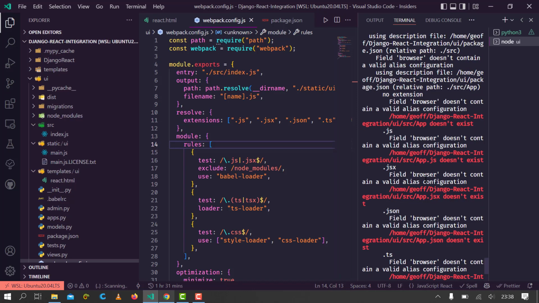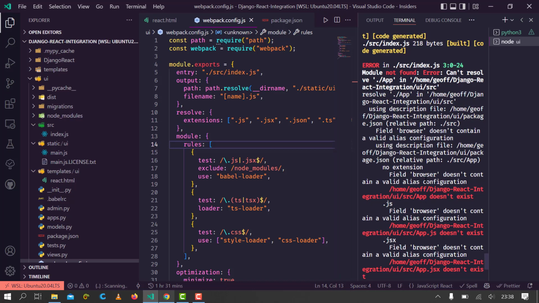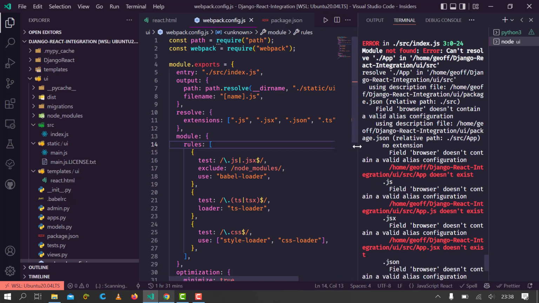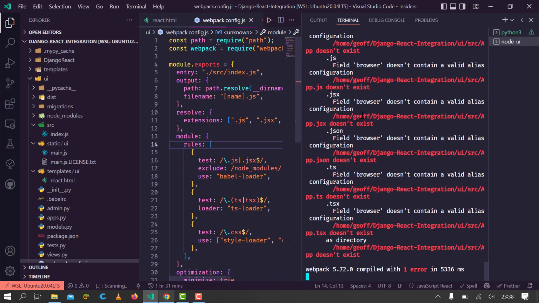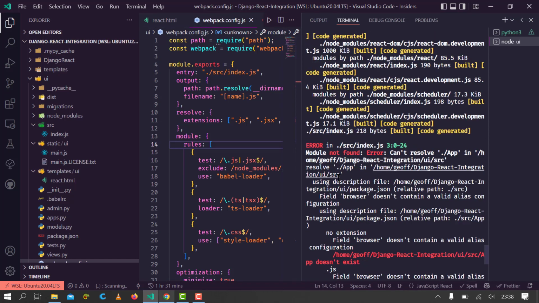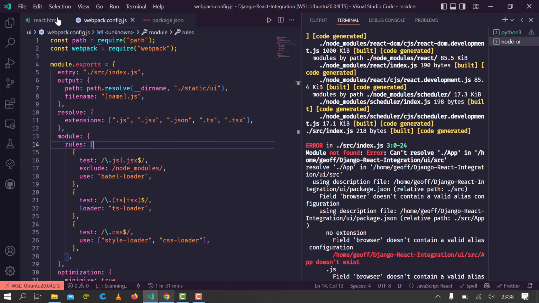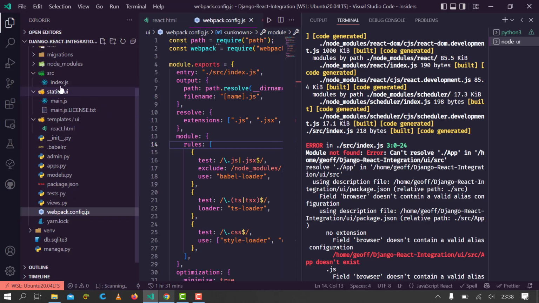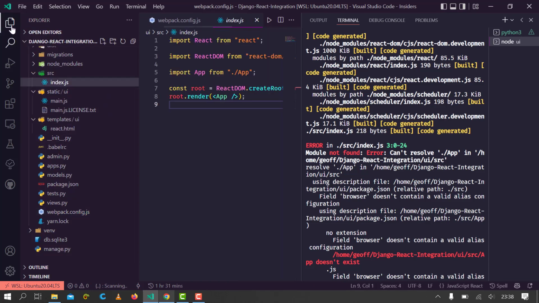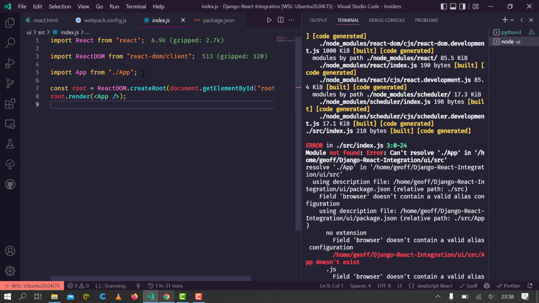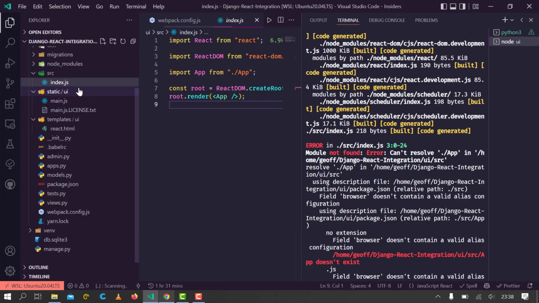So it's telling me, okay, let me see. Cannot resolve app. Okay, so let me see where the problem is. So it seems it's in this app. I know where the problem is. Here we've imported some imaginary app that we've not created. So I'm going to create, in the source folder,